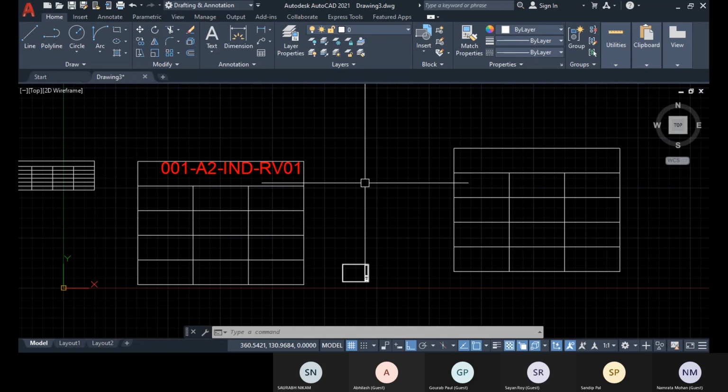Now you have to complete your project. The plan and elevation drawing I have given, you have to complete with layers and by creating blocks for doors and windows as well. And for the title block, this way with attribute and block, you have to complete that.